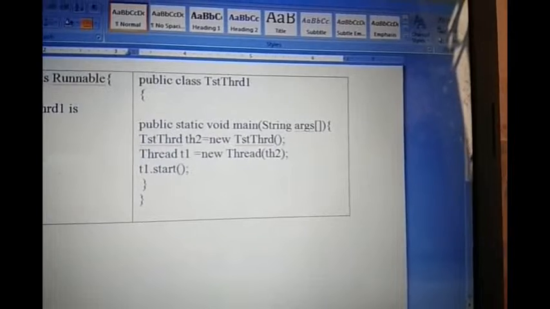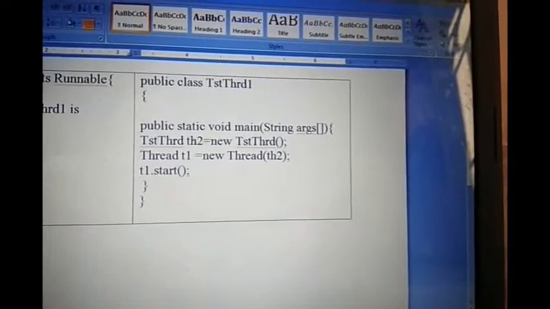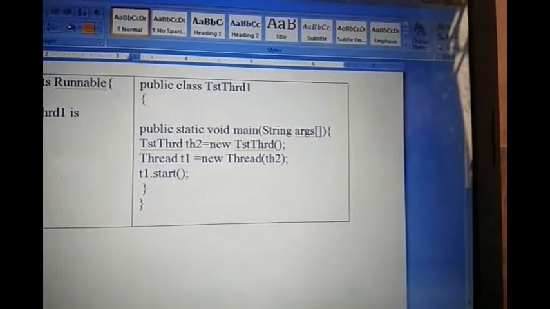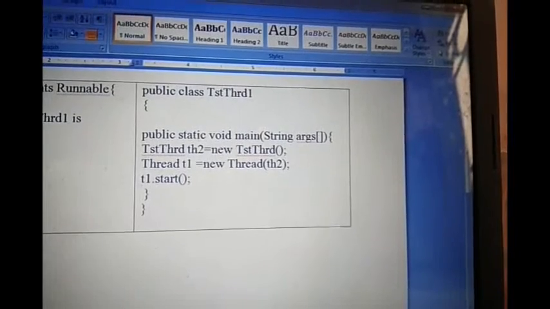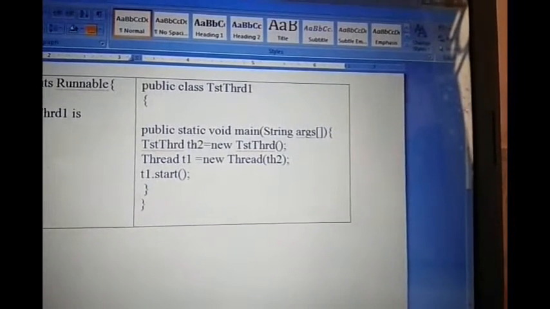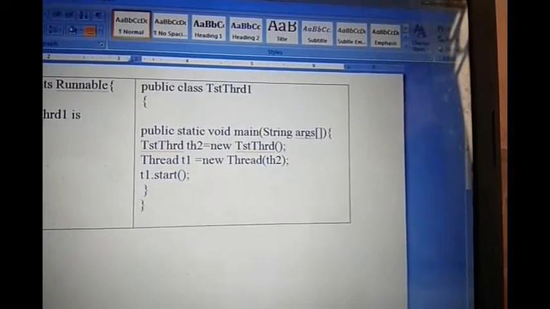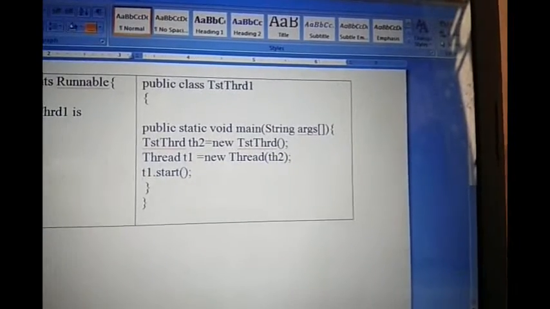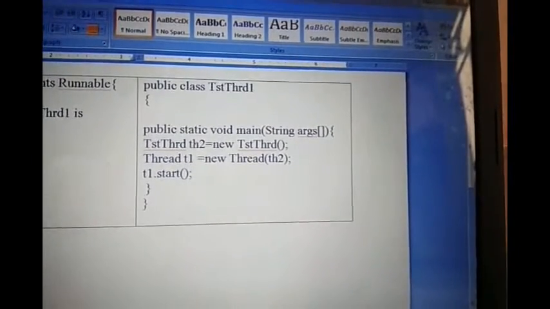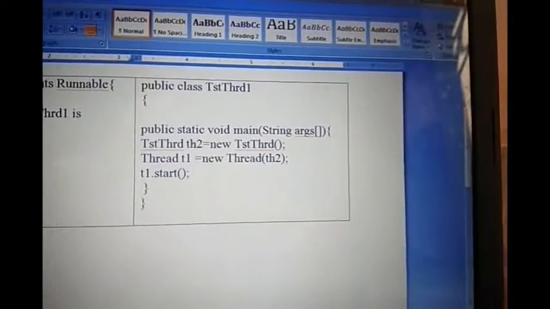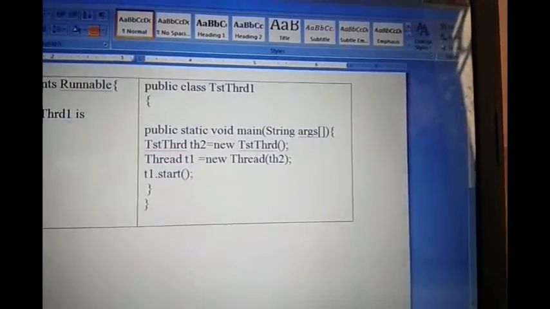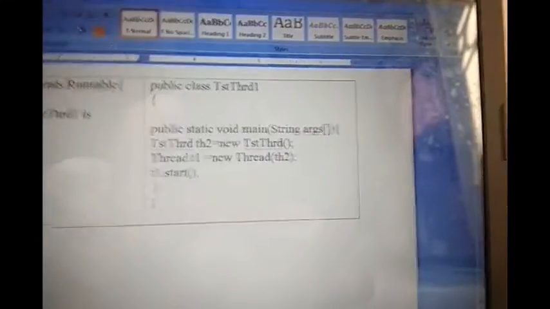So after t1.start, the actual job of the thread is running, because there is a concept that when we write t1.start, it will invoke the run method as previously said,